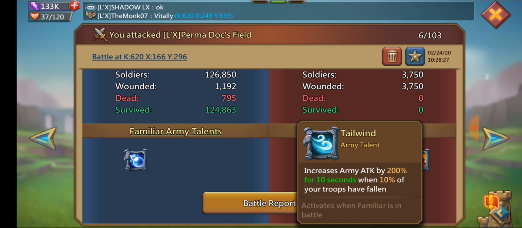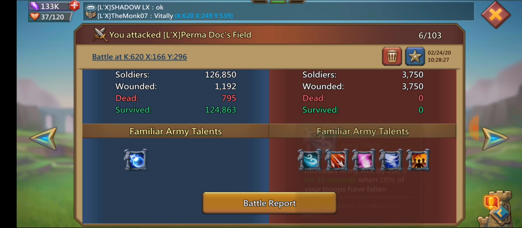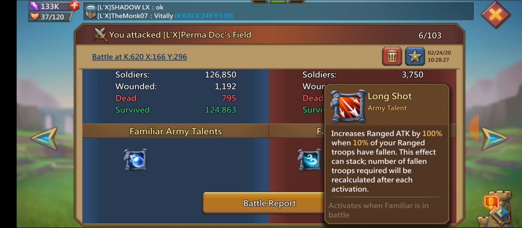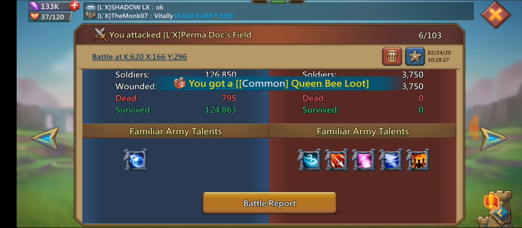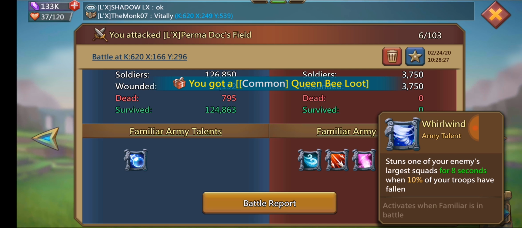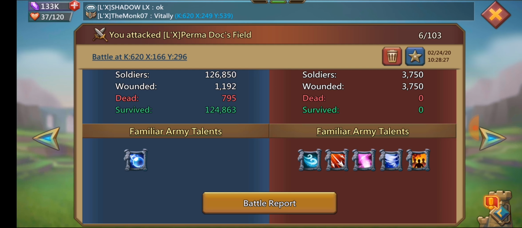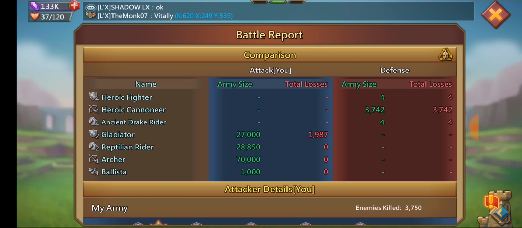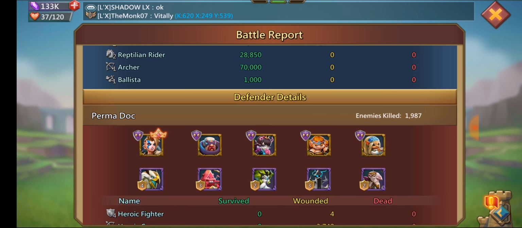He did use the Tailwind, which is what's called the new one, the 200% attack. He had his long shot, boosts range attack, the increases infantry max HP. That one you probably don't want on there, but and this one stuns the squads. And then this one increases range HP. So the only one there was the infantry. That was weird. I'm not sure why he sent that one, but maybe he just didn't have another familiar,